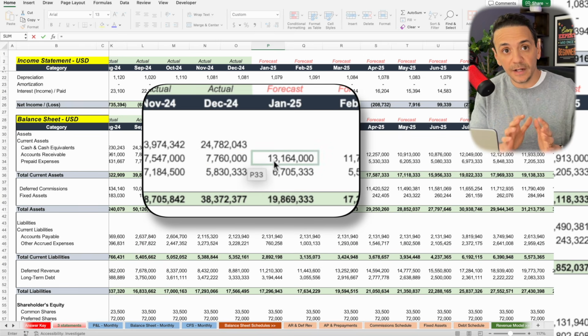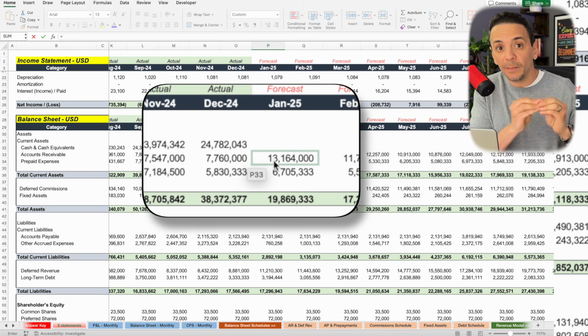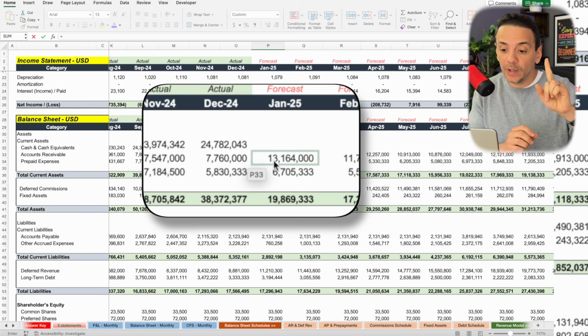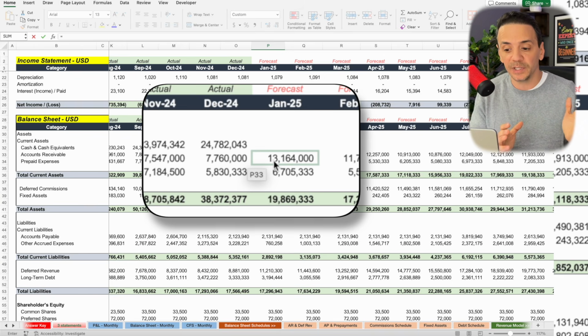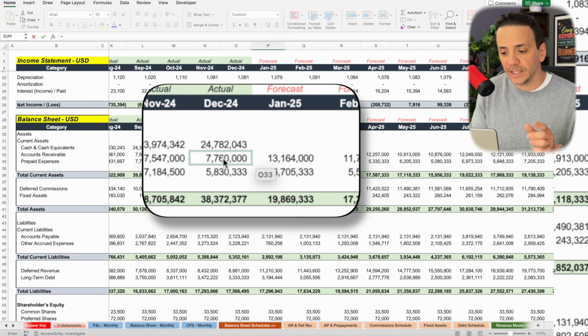The way I usually determine the sign is to ask the question: is this change good or bad for cash? Not good or bad for the business. I don't care about that right now. I care about whether it is good or bad for cash. So is accounts receivable increasing that much, from 7 million to 13 million, good or bad for cash? A buildup in accounts receivable is bad for cash, which means that this sign is going to be negative. To make it negative, I would need to say equals the smaller number minus the bigger one. And that's going to give me